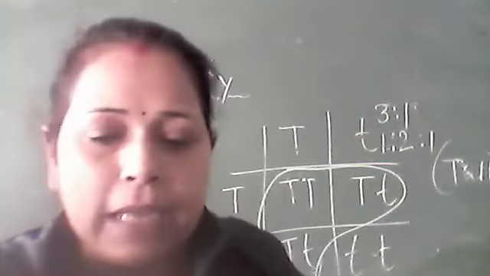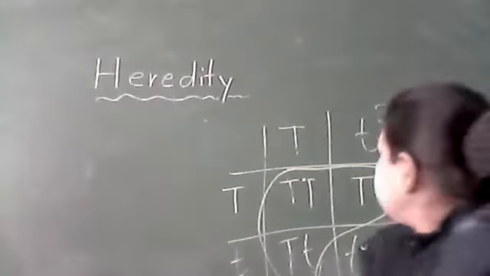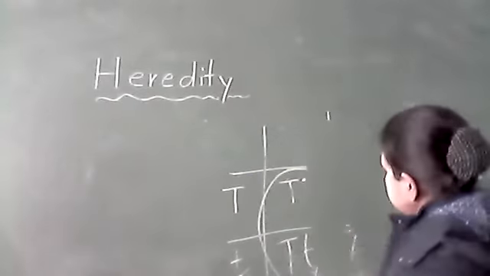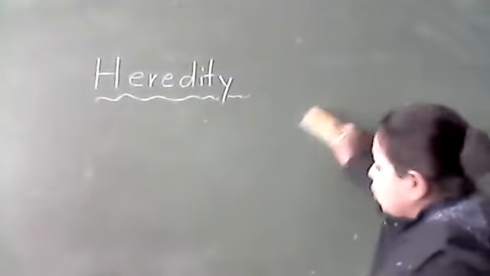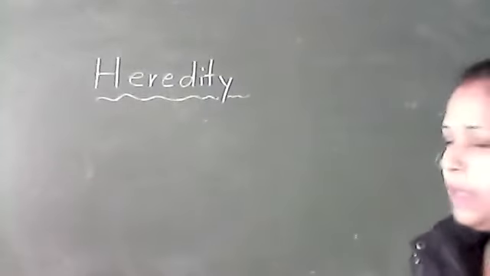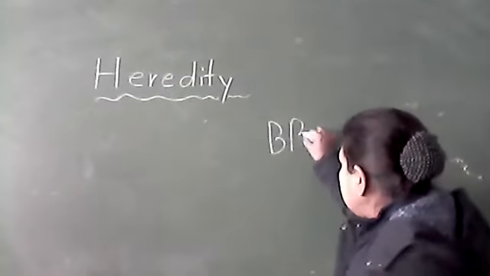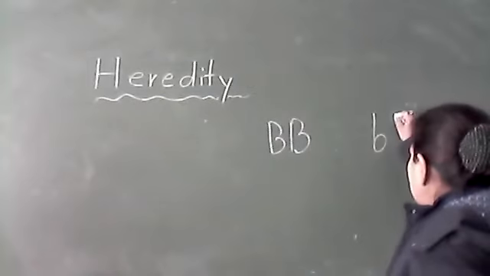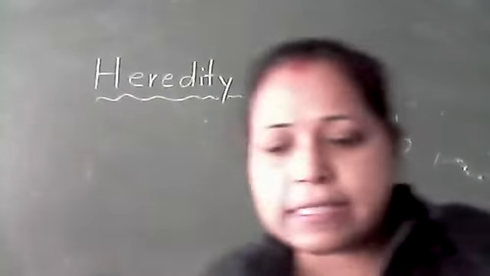Say another example I am taking. Okay, suppose I am writing here. See, we are taking the coat color of a dog. Simply, the dog's coat color is black, I am representing by this one, and here brown. Okay, so black and brown we are taking, then we are crossing those two.